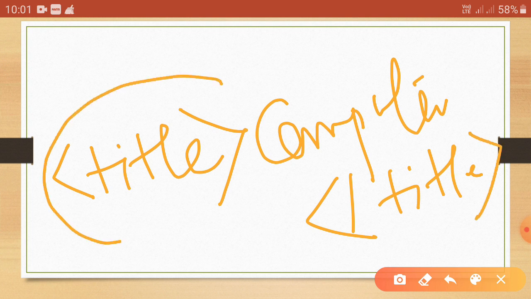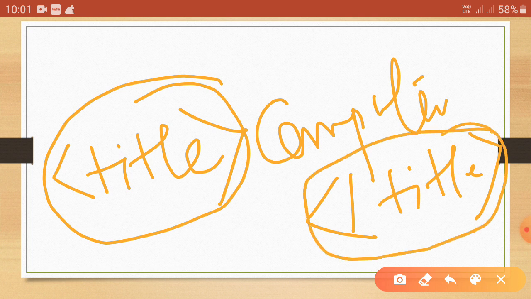Here this title tag is known as the start tag and this title tag is known as the end tag or stop tag, because it has a slash at the beginning.